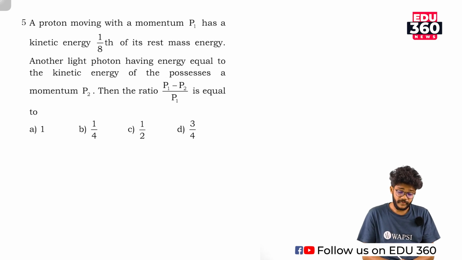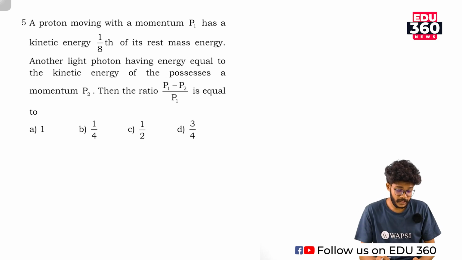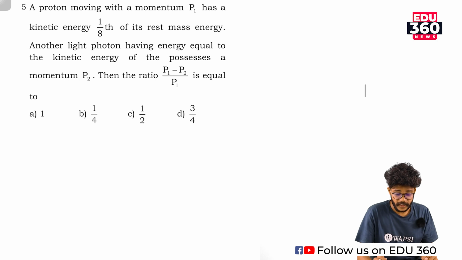Then we want to calculate (p1 minus p2) by p1. Since p1 and p2 are both momentum, (p1 minus p2) by p1 is just a number. Then we can calculate that. So the first sentence is